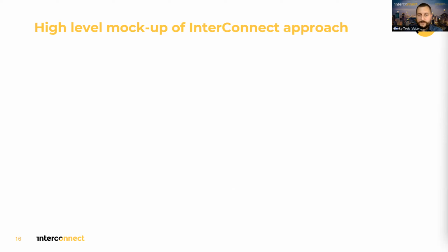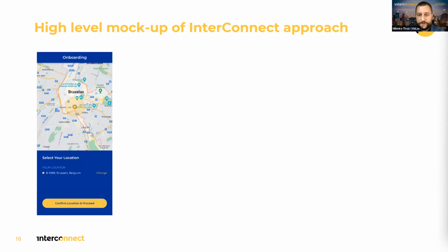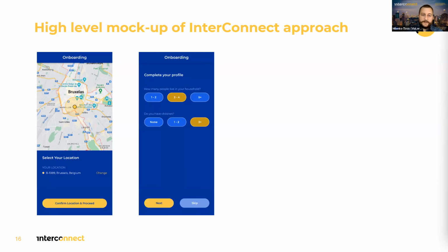So our approach is to demonstrate the common reference framework with, let's say, some white labeled application that is going to be demonstrated and validated in the 4 pilots that we are working on in the scope of this development in the InterConnect project. First, we have the onboarding process where users provide, for example, access to their location or specify their location, like indicating a zip code or market they belong to. Next, there is a setup wizard with different steps where we collect this voluntarily provided information from the end users, helping us really to